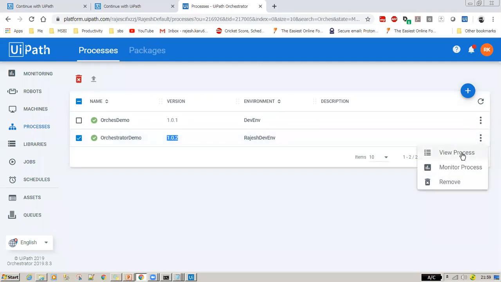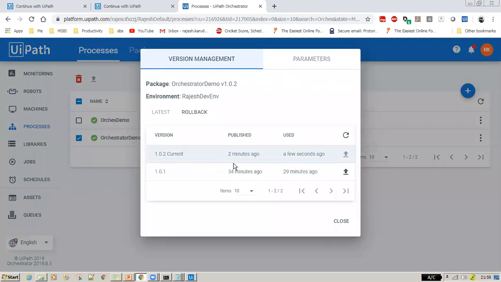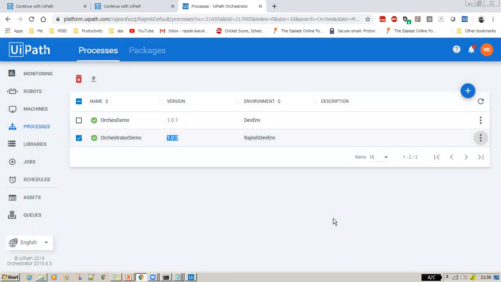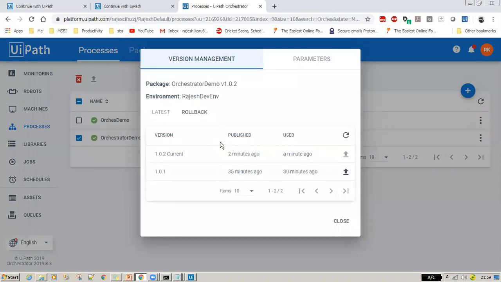You can see the list of all your versions here. Now, whether we want to keep on updating our version, again, depends on you. See, you develop something, you published it. Now my requirement is I don't want the new process. The new process is not working. I want to switch back to the old version. Now two things you can do.